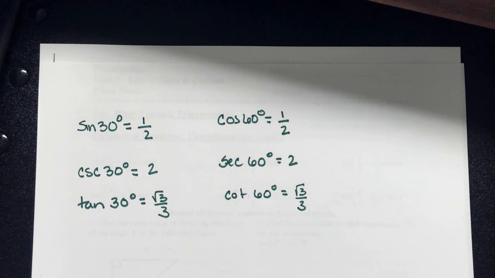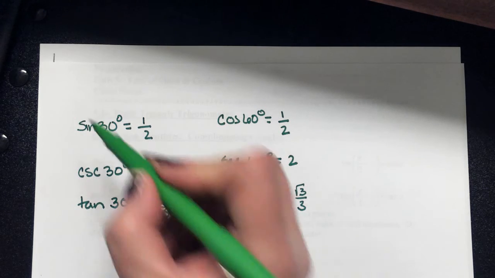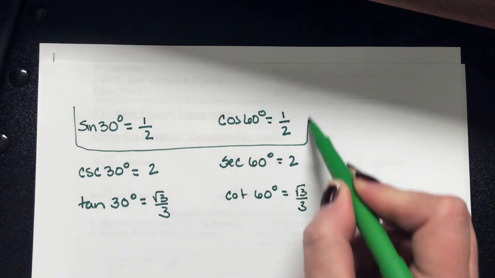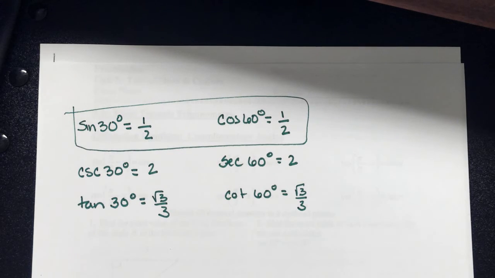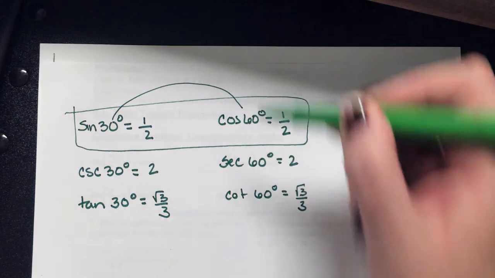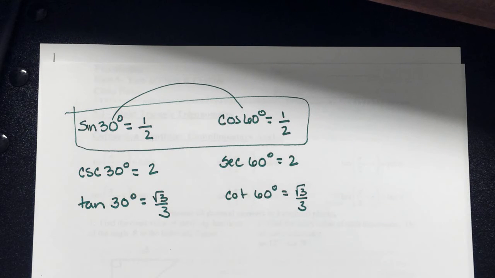All right. Now, I picked these pairs on purpose. Let's talk about the first pair that I picked. Sine of 30 and the cosine of 60. What's the relationship between 30 degrees and 60 degrees? Going back to some geometry, if you add them together, they add up to give you what? 90. They're complementary angles. So let's talk about cofunction identities, because this is the next set of formulas you have